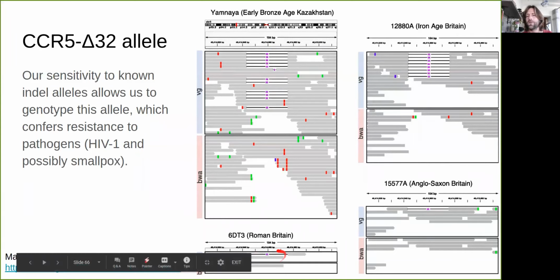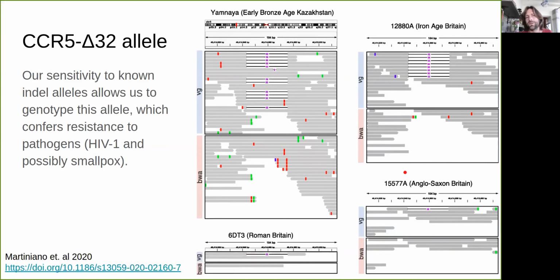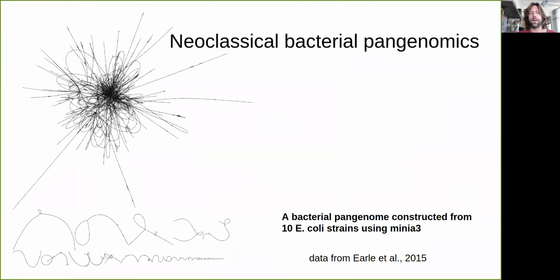And in other cases, they're lower coverage, you can detect a few, whereas you don't detect any in BWA. And this is just a fact of the way the alignment's done. So a study we want to do is to extend this to look at a lot of other clinically relevant alleles across the ancient DNA collections that are available. Okay, and so